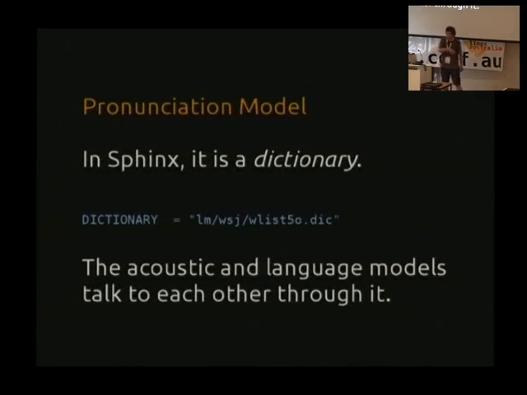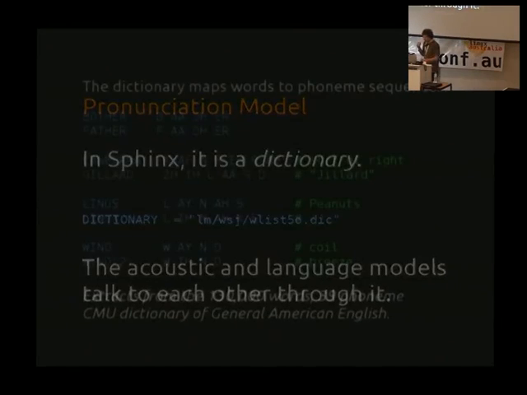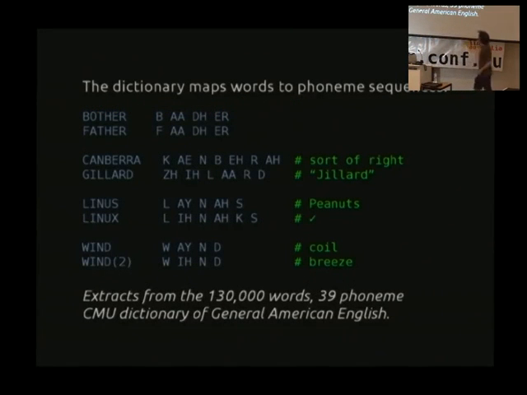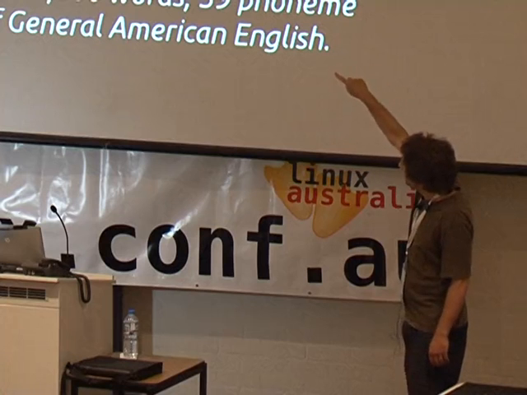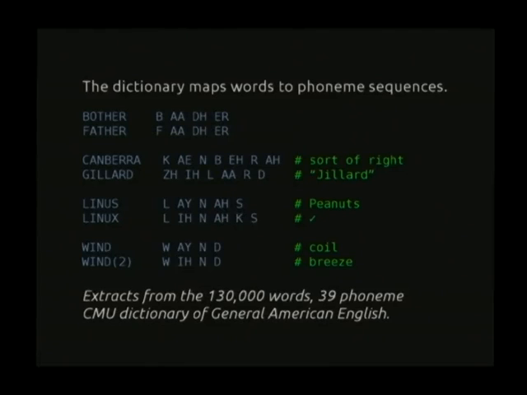Okay, now onto the pronunciation model. In Sphinx, it's a dictionary. It looks like this. This is the American one. There were extracts of it. So it's showing up the top, bother and father are rhyming. And it sort of gets Canberra right. I think you say Gillard, don't you, for Julia? But that's the kind of thing where